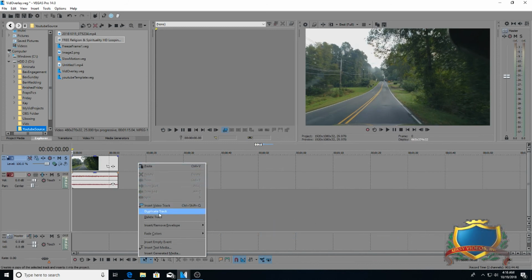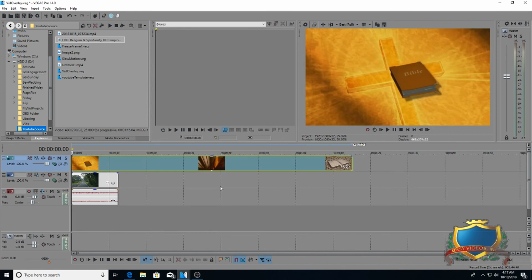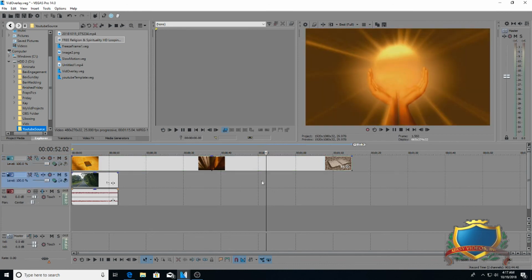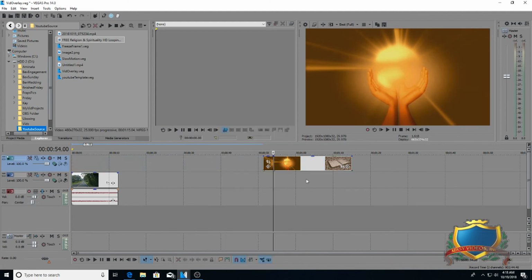then select insert video track. Now this creates an empty video track above your original video, and notice that video track is labeled 1. The original one you had has been labeled 2. So let's use this here. Let me drag that onto the timeline. Let's find a suitable one, okay, this will work. So get rid of these 2 here